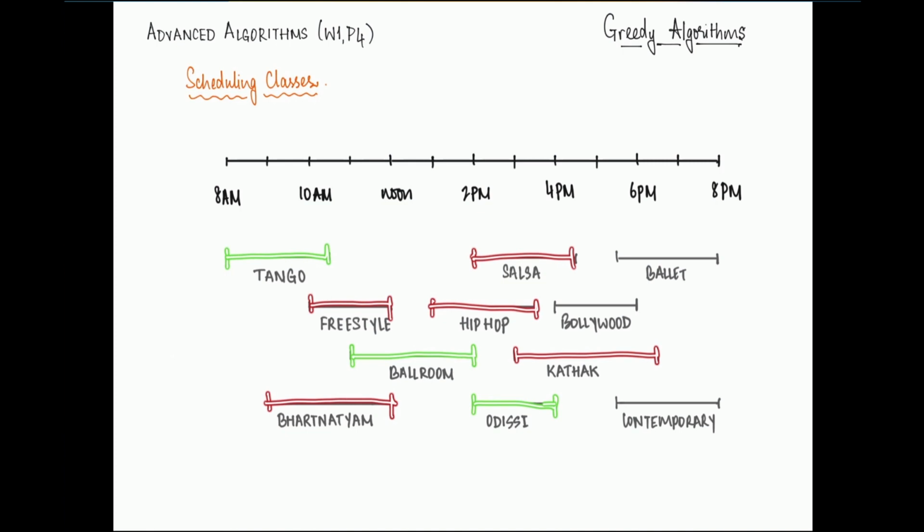And then among the remaining classes, the one that finishes the soonest is Bollywood. So we sign up for that one, and that eliminates ballet and contemporary. The clash there is quite clear. So we've ended up with a collection of 4 non-overlapping classes, although it's a pretty tight schedule considering Odyssey finishes